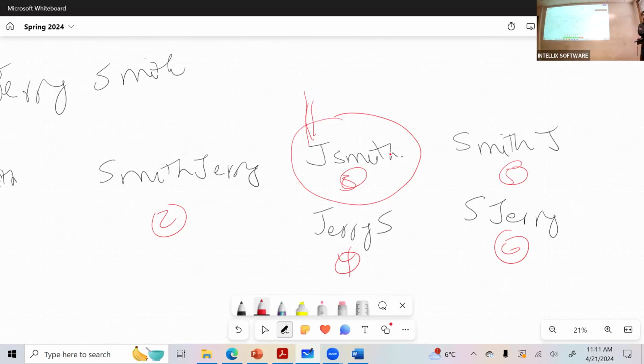Yep, multiple users. So the system should auto increment or put numbering at the end. First guy will be given J Smith. If the second person with the same first and last name comes in, there should be J Smith 1, J Smith 2, J Smith 3, something like that.